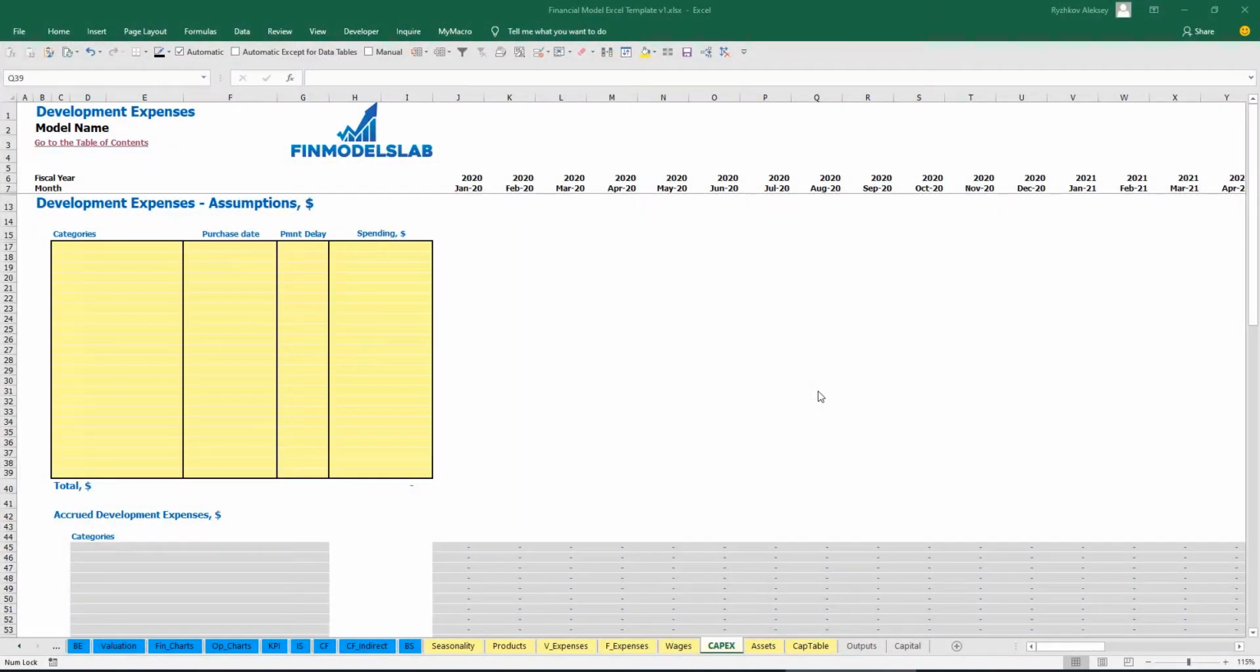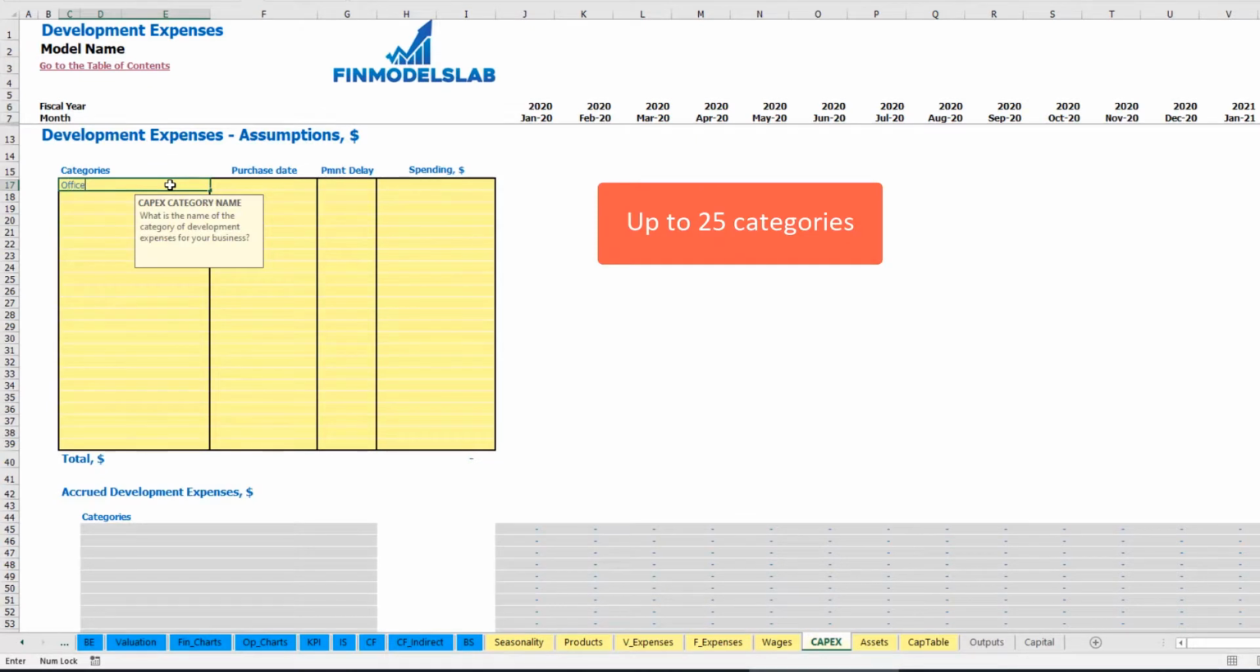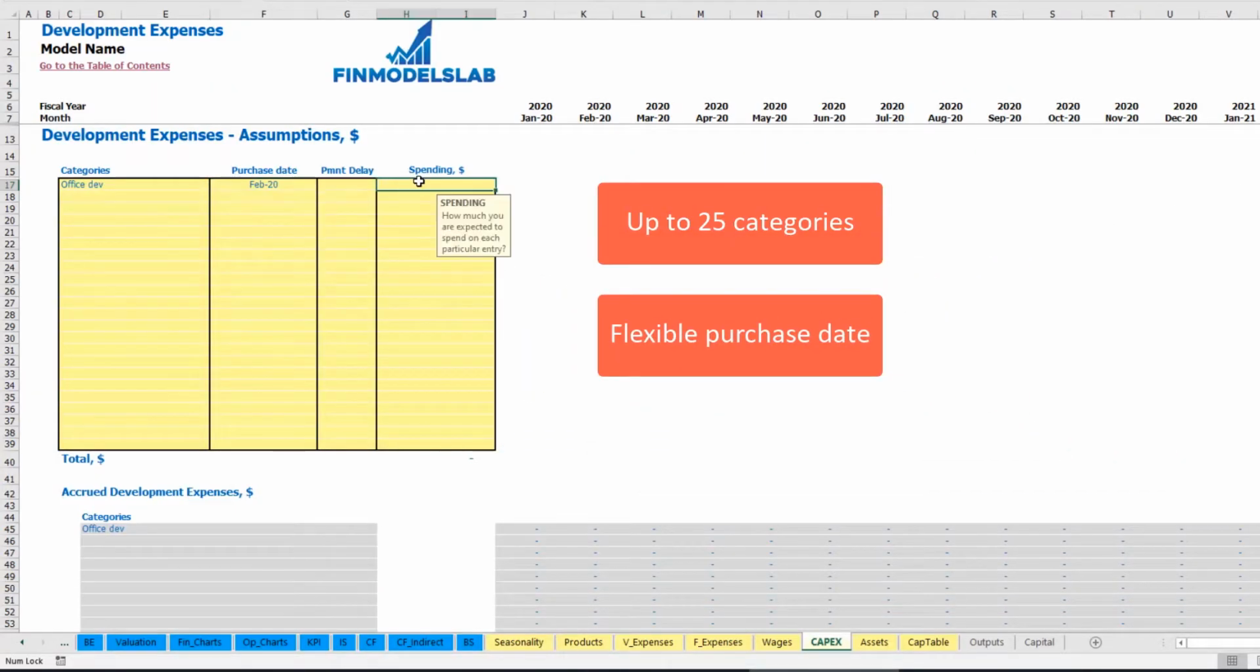On the Capex step you may input up to 20 development expenses categories. Let me give you a couple of examples. So for example, office development with purchase date of February 20 with spending of $10,000,